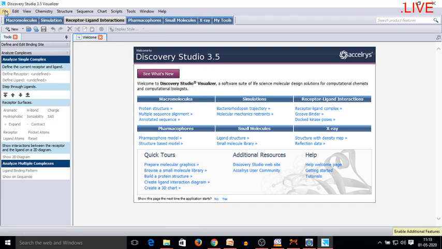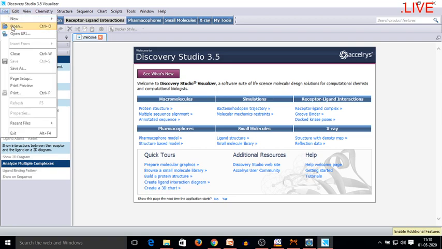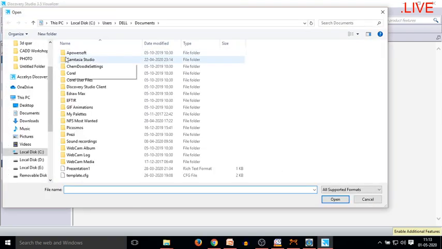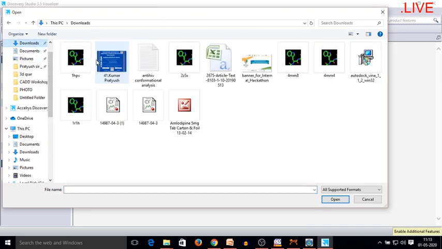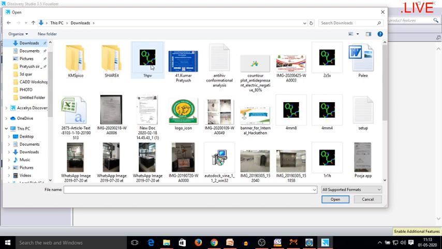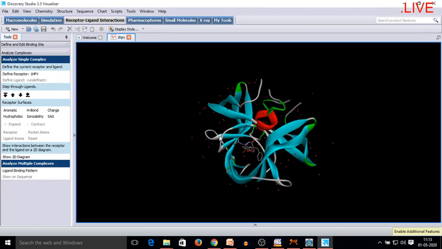Now I want to delete that ligand, so I will go to File. Firstly I have to call the file which was saved in my download section. So you can see that this is my receptor that was saved, and this is the structure of the 1HPV receptor.